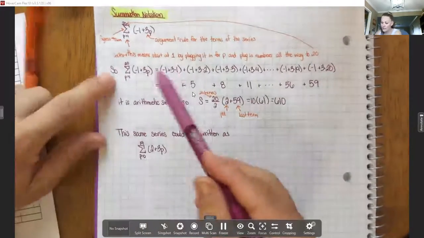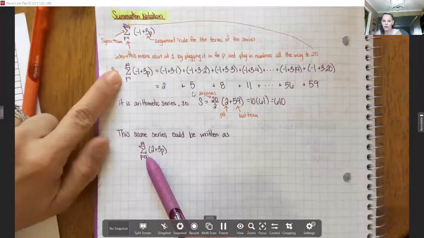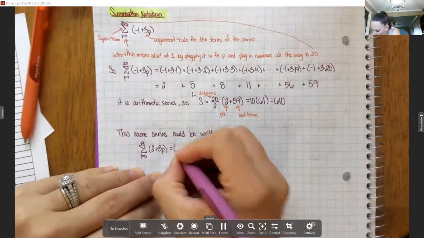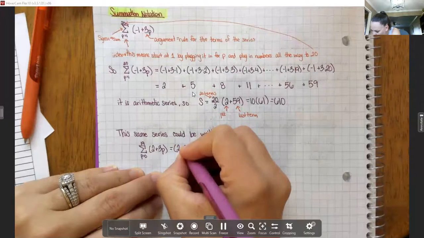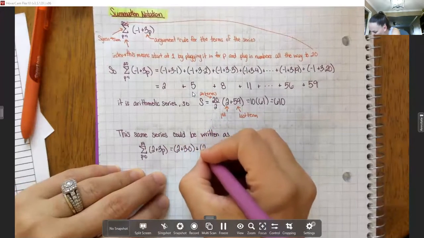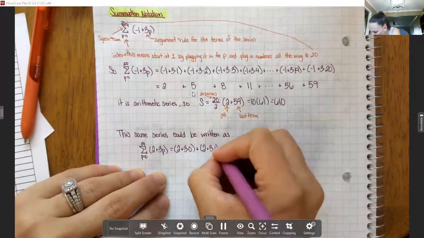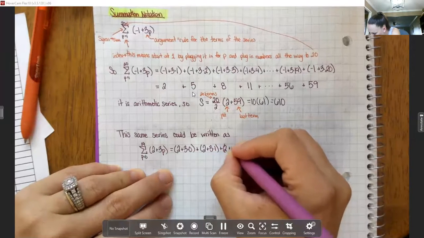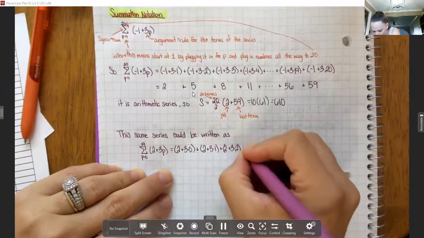So this and this are the exact same thing, because here we start by plugging in 0. So 2 plus 3 times 0 plus 2 plus 3 times 1 plus 2 plus 3 times 2